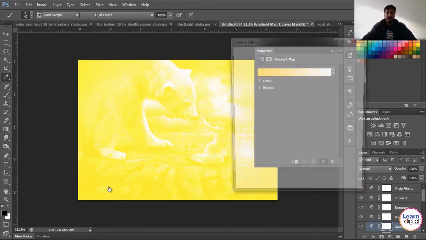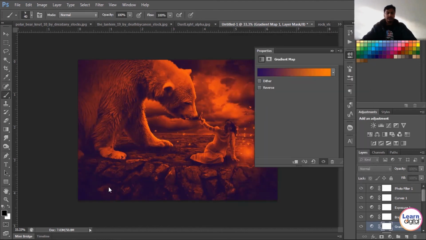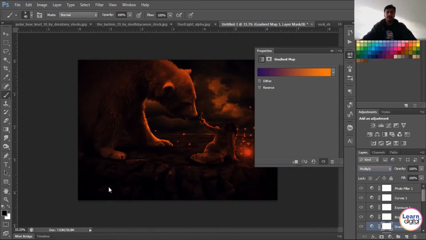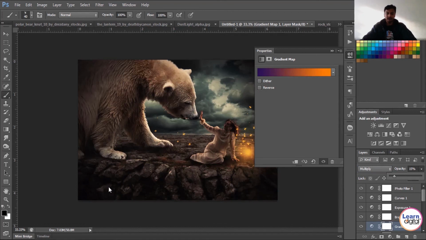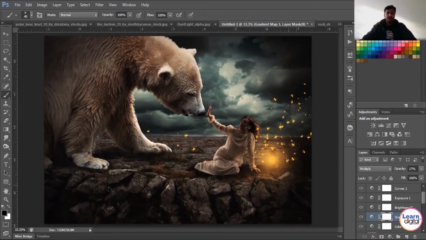The final thing I'm adding is a gradient. Again, in a gradient, you can play with the colors, you can play with opacity, and you can play with the blend layers also. Currently it is in multiply with an opacity of 17. It's up to you guys. You can give whatever opacity you need. In small things, you can see a lot more changes.